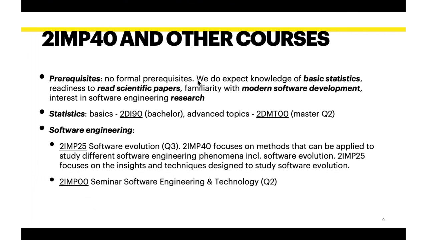The difference, however, is that IMP40 is focusing on methods that can be applied to study all kinds of empirical phenomena, and we are going to focus very much on the methods. IMP25 will focus on the insights which can be obtained by applying techniques such as we discussed here